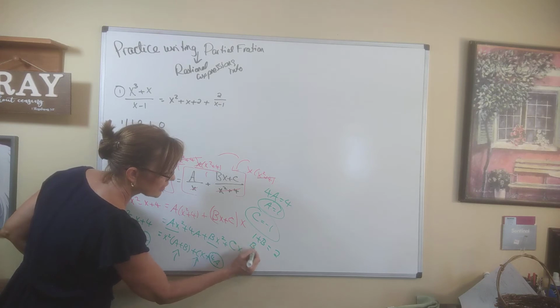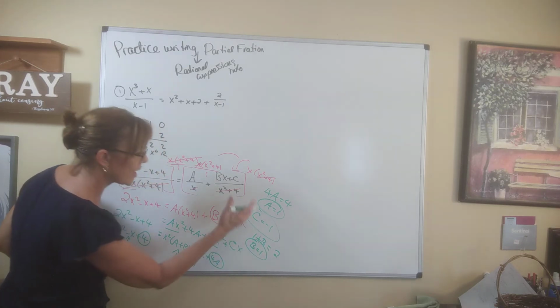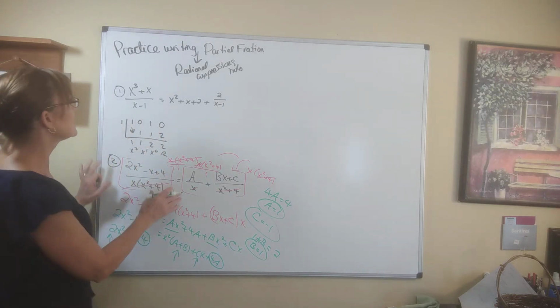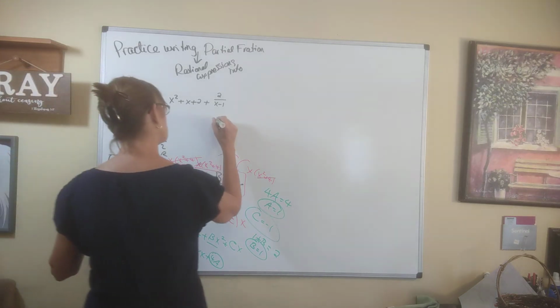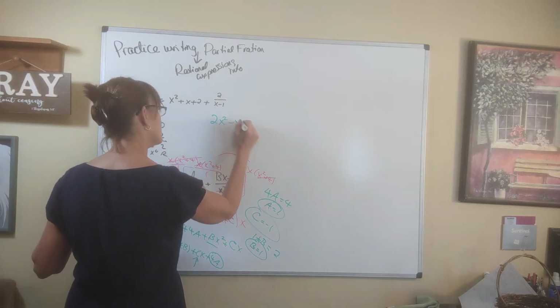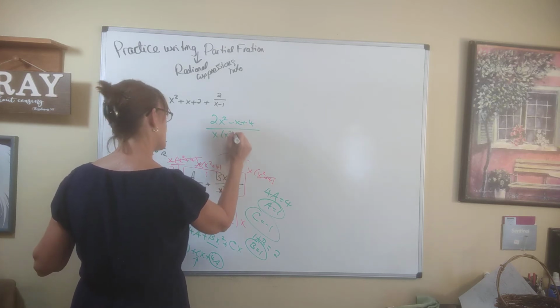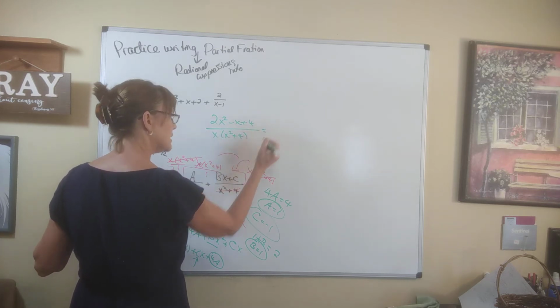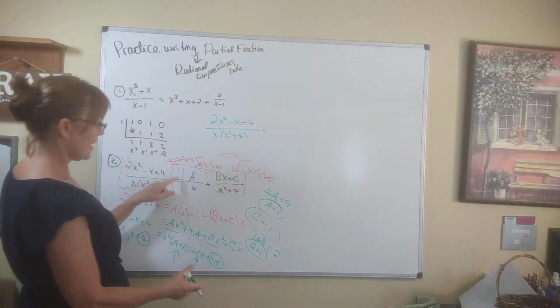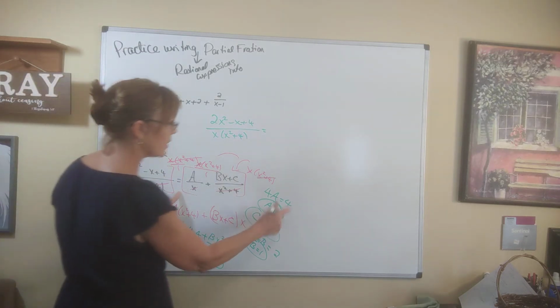So I subtract 1 and I get b is 1. Now I know what a, b, and c are. So to write number 2, (2x squared minus x plus 4) all over x times (x squared plus 4) is equal to this in partial fractions: A over x, or 1 over x,